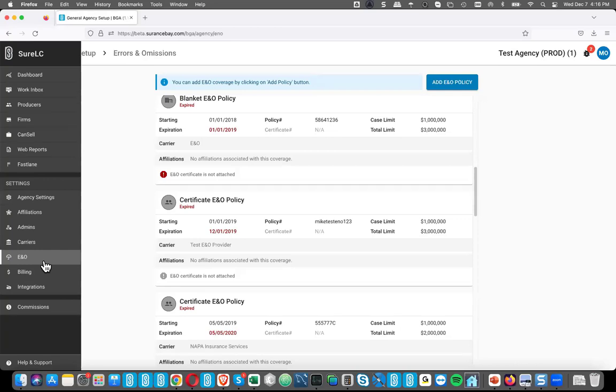So again, whatever your settings currently are will still be retained. So if you've already disabled it, it'll be disabled. We're not changing that going forward. But if you want to make changes to that in the future, you just email us at support and we'll take care of it for you.